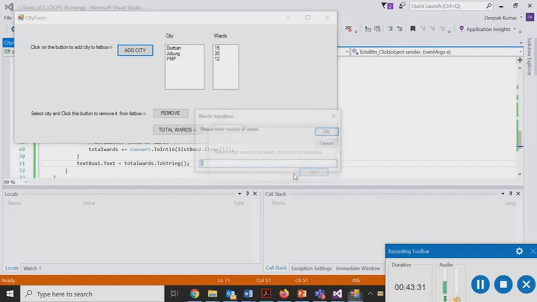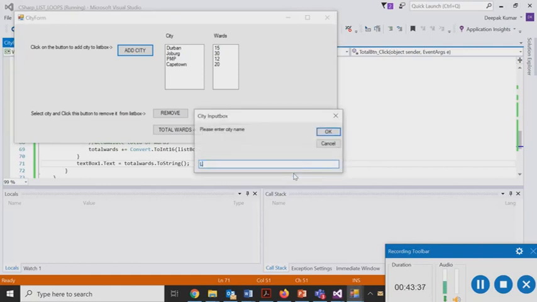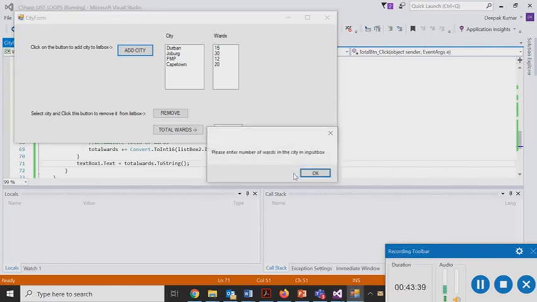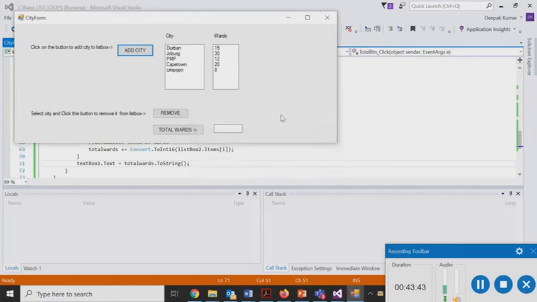Cape Town will have probably 20. And then we have another one, which is Limpopo. I think we had 8. It can be any number. So this is what we have. We have populated a list of 5 cities with the respective wards in those cities,